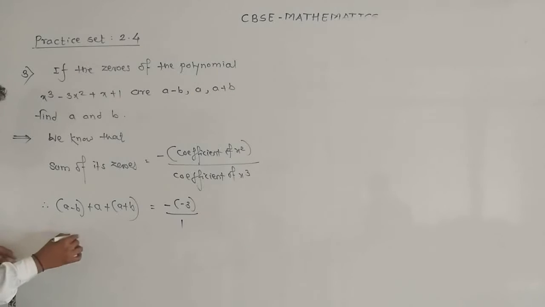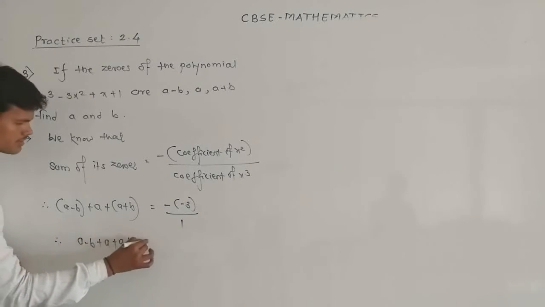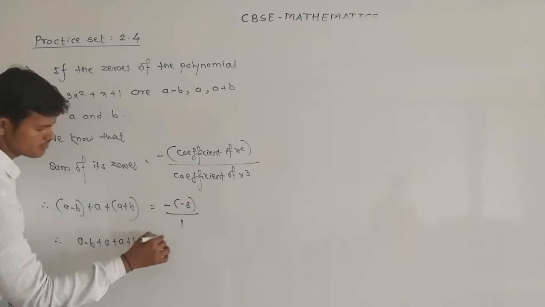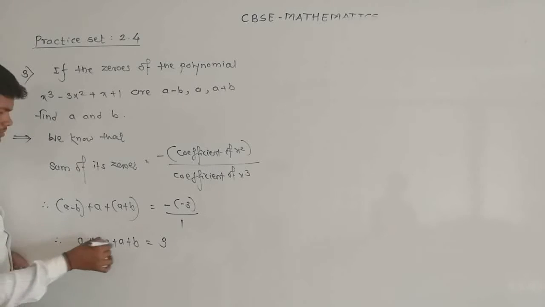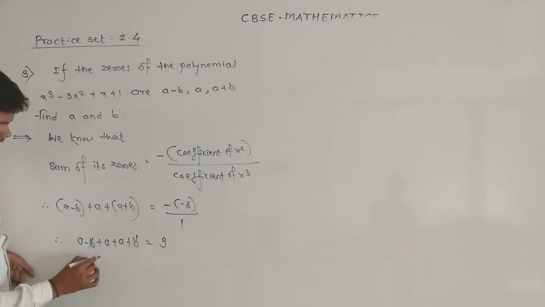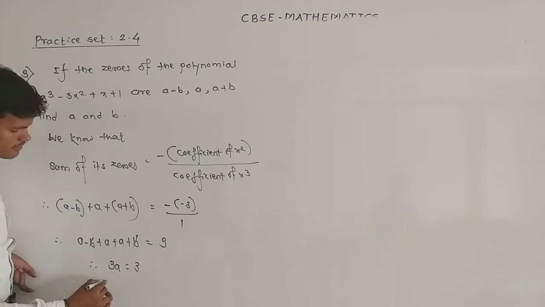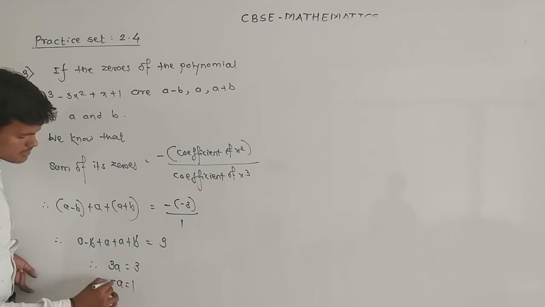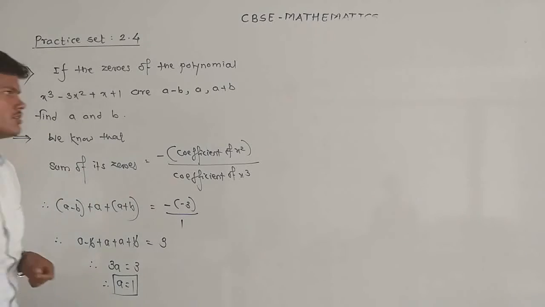From that we get a minus b plus a plus a plus b is equal to, minus minus gets plus, we get 3. 3 upon 1 is nothing but 3. So here minus b plus b cancels. Finally we get a plus a plus a, thrice a is equal to 3. That means we get the value of a as 1 from the first relation, sum of its zeros. Now